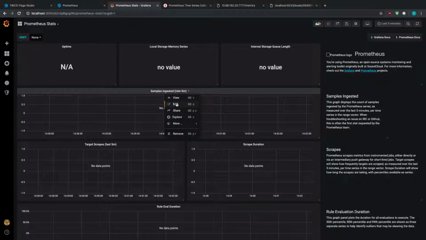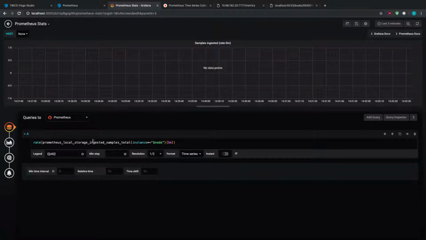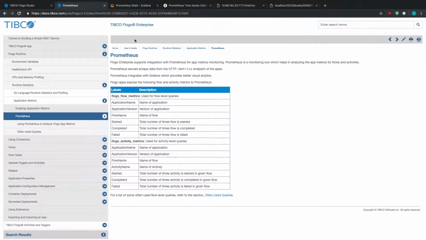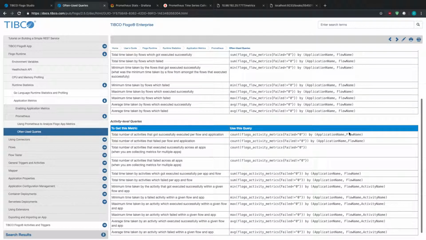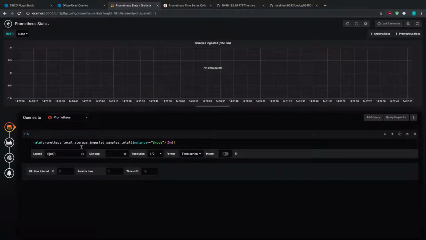What I need to do is change the sample ingested, and I have to change what this query value is. In this case, this is just a default value. We want to change this into something that will actually pull the value from our Flogo Prometheus metrics. And the way that you get that is within the docs site. If you search Prometheus on our documentation, you'll see that there's an often used query tab. And it'll tell you some of the queries that you can use, either within Prometheus or within Grafana, to get specific values. So in this case, I want to see the number of activities that got successfully executed per flow in application. So I'm going to copy this, paste this,